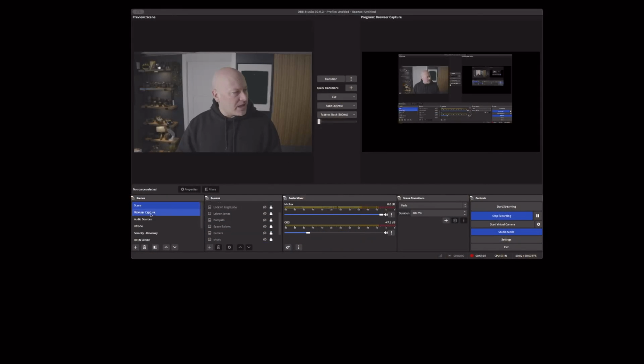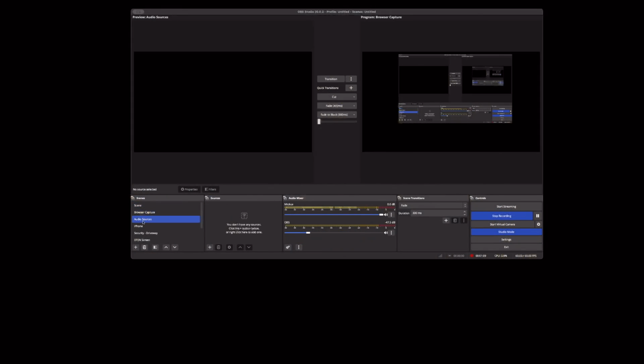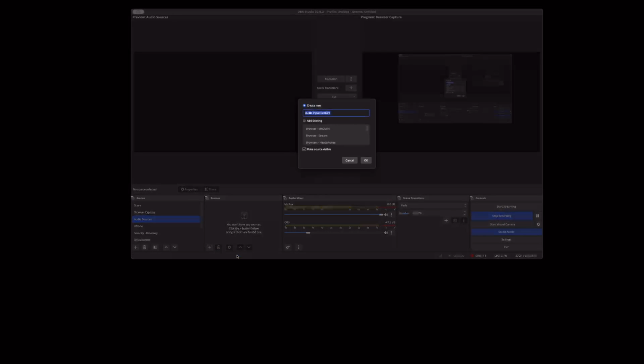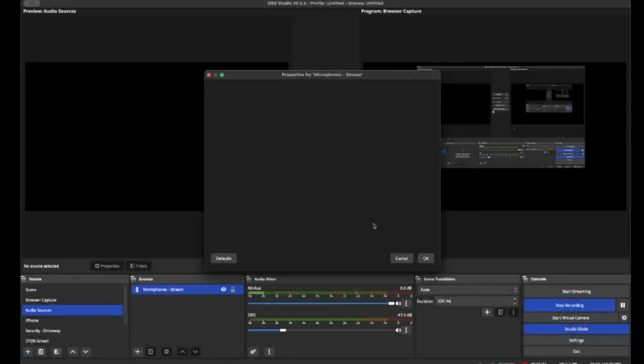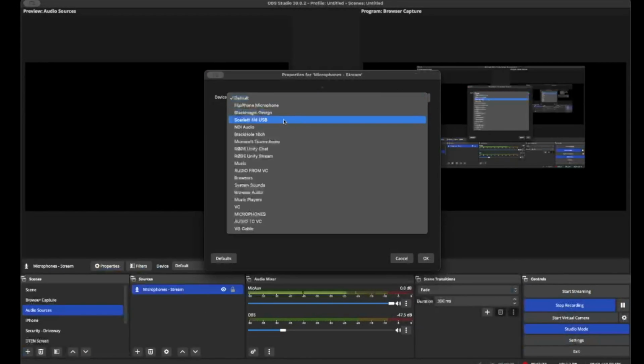So in OBS, when I go into my audio sources, I'm going to create a couple here. Let's do audio input capture, and let's call it microphones to stream. We're going to select the microphones that we previously created in Loopback, or you could directly select the Scarlett if you wanted to, or your microphone device, but I'm going to